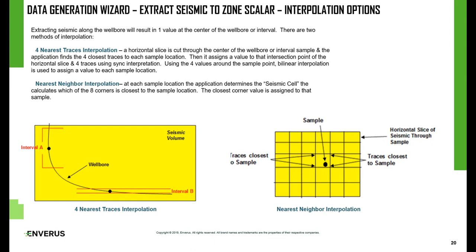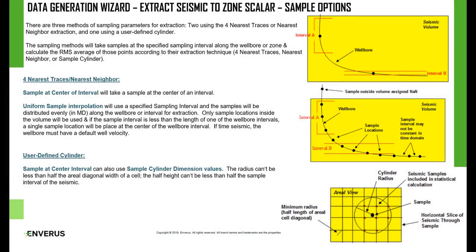Next, nearest neighbor interpolation. At each sample location, the application determines the seismic cell that calculates which of the 8 corners is closest to the sample location. The closest corner value is assigned to that sample. Note the graphics below. Next, there are 3 methods of sampling parameters for extraction: 2 using 4 nearest traces or